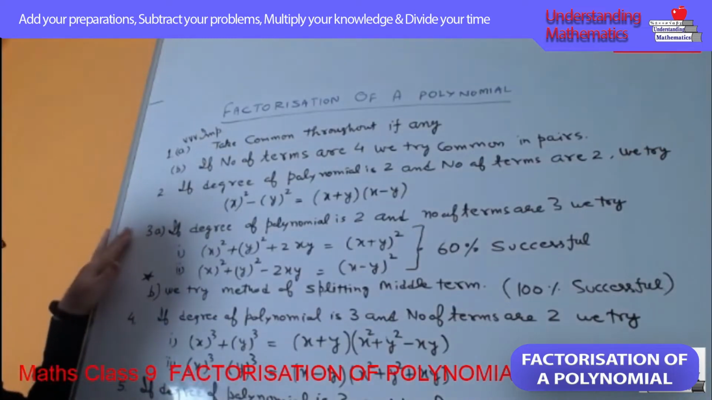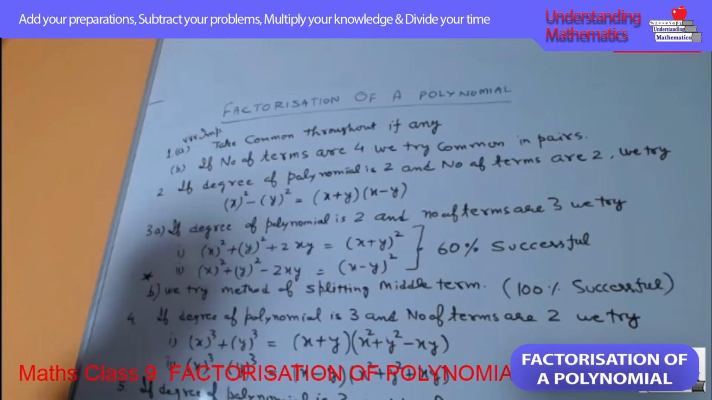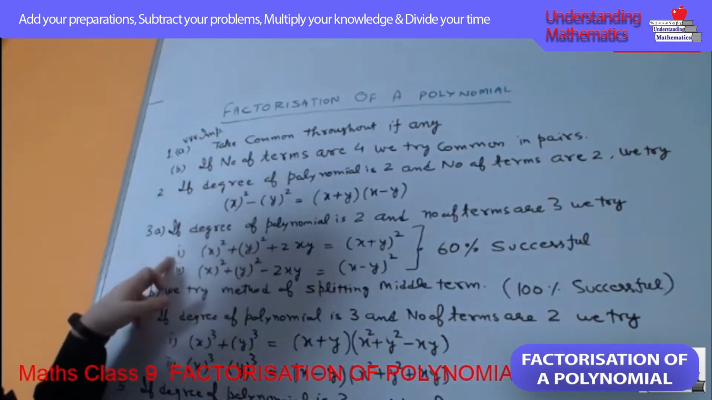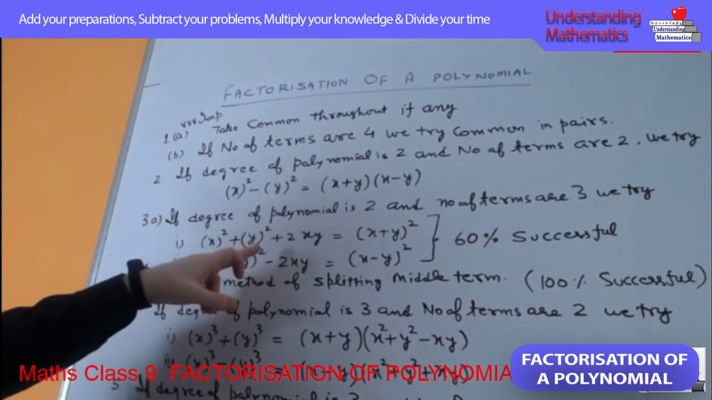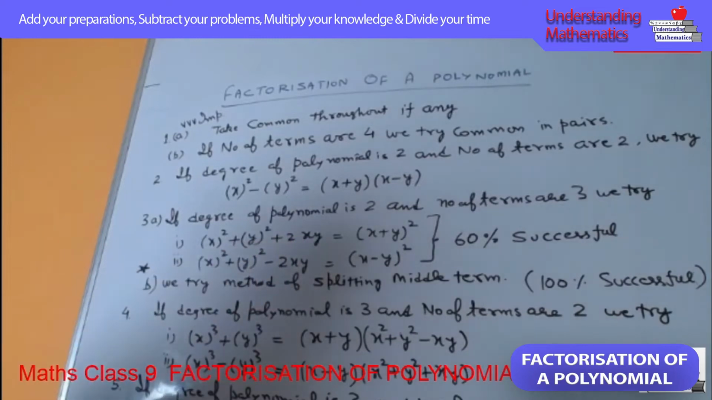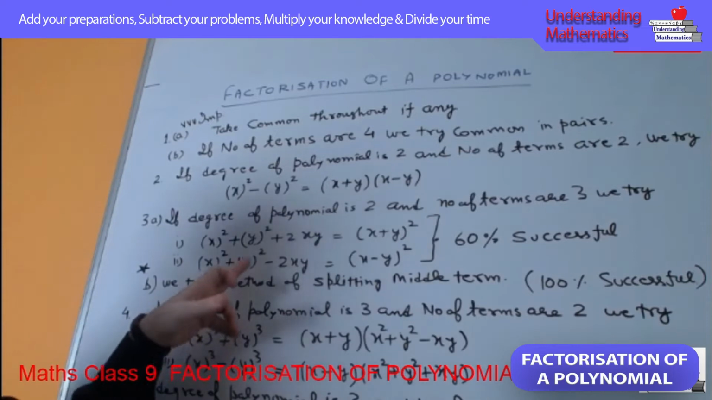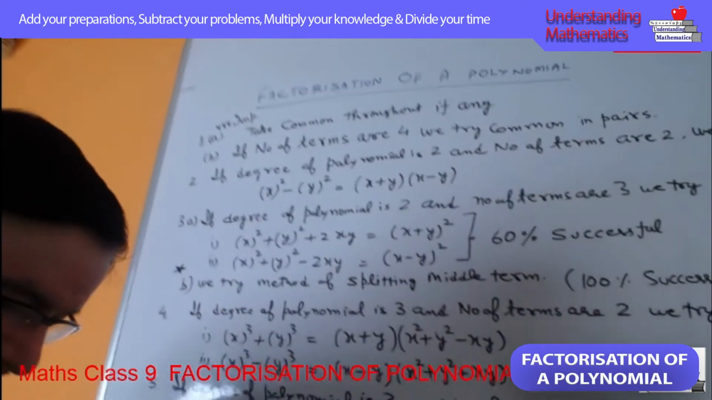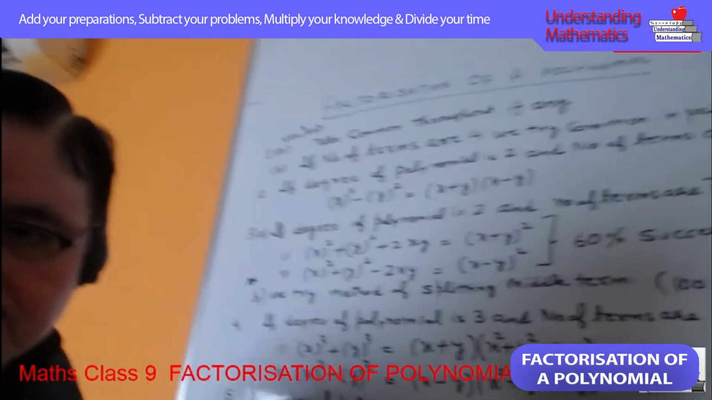If the degree is 2, but instead of 2 terms there are 3 terms, we think of identity number 2, which says x square plus y square plus 2xy is equal to x plus y the whole square, and x square plus y square minus 2xy is x minus y the whole square. But if you see on the right extreme, I have written a word